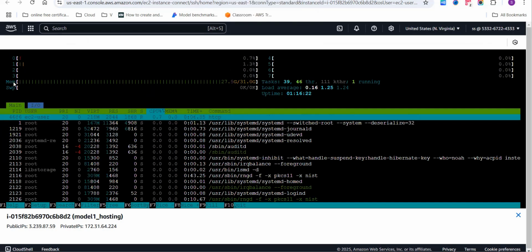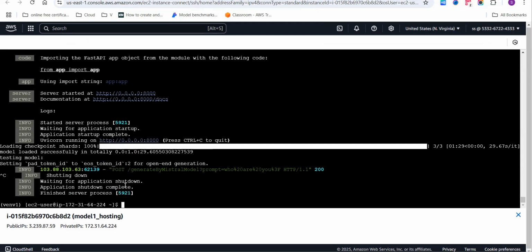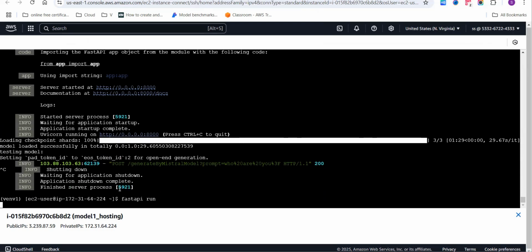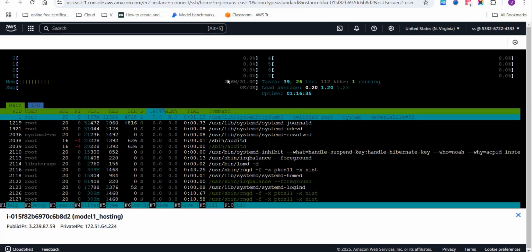I think the memory utilization is very high. So let's stop this and let's rerun this app so that the memory utilization will fall. Okay. Now